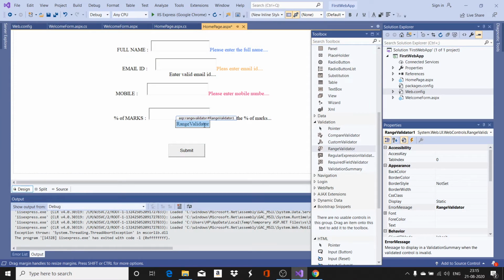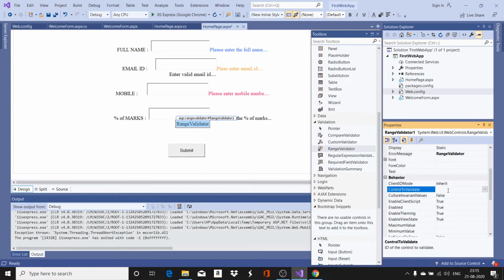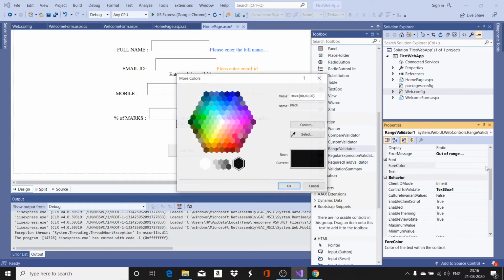Now again, for the range validator also, I have to specify which control is to be validated. So go to control to validate, and it is going to be now text box 4, this one. So select text box 4, error message, you can give it as out of range, and some color if you want to give, that colors can also be given.